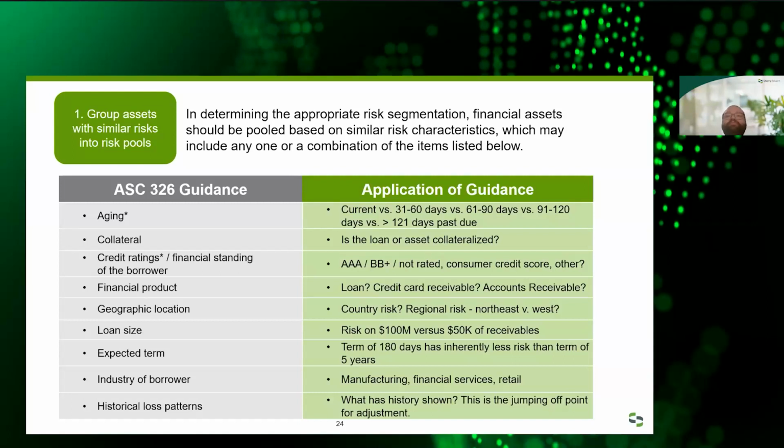And that's supportable. Some other ones that aren't on here, you do it by interest rate. Loans with higher interest rates would be riskier than lower. By vintage or year of origination, there'll be different underwriting standards in different years, or payment structures. Is it interest only? Is it principal? Periodic payments? Is it paid in kind? That kind of thing. So there's virtually unlimited ways that you could pool them. It's just that you're required to assess and then group and pool if there are financial assets that share similar